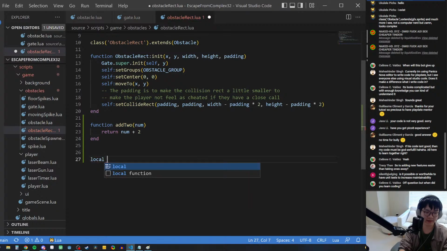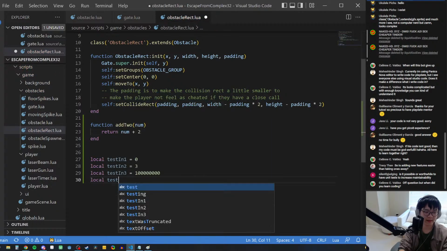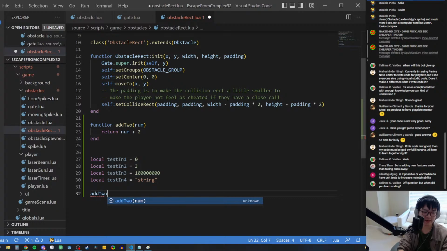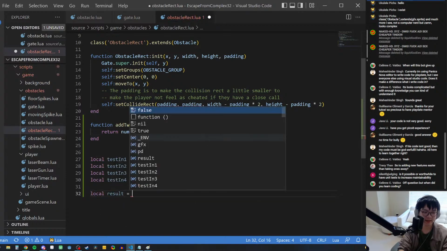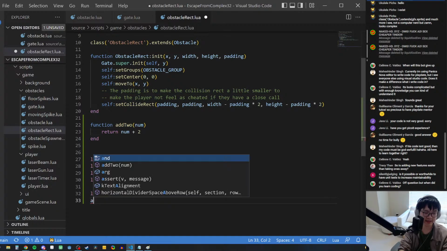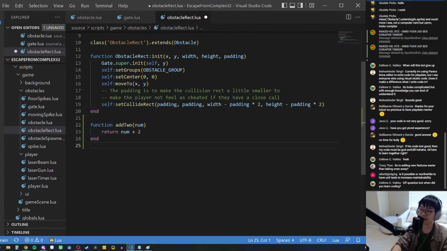You'd have a local num, test in. The naming is not very good, but then basically you would test all these different scenarios. So you do result equals add 2 with test in one, and then you do another thing, test in two, and then you check the result and you'd assert that the result is what you expect, right? And make sure you don't have any errors or whatever. So basically,